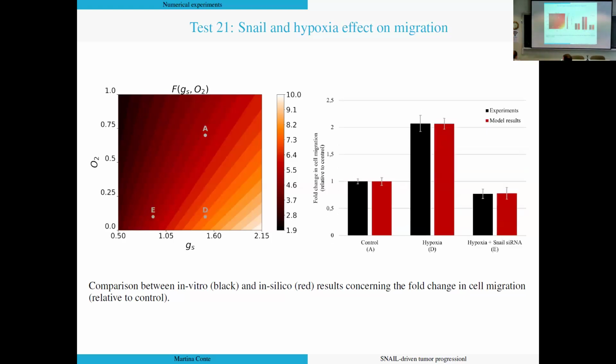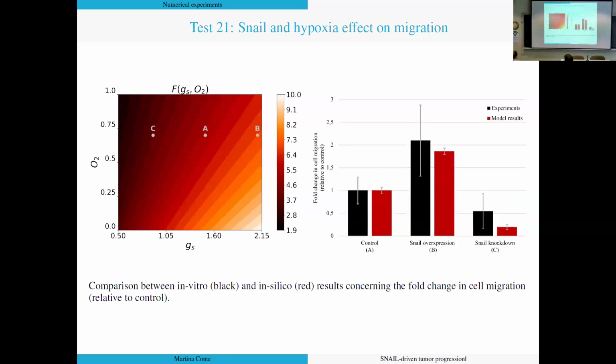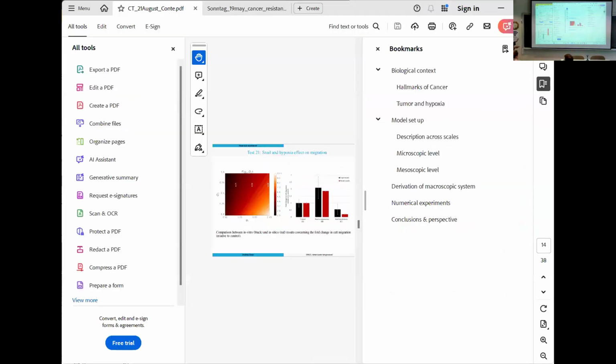A similar experiment was done for adenocarcinoma cells, but in this case, we again have a control, that is normoxia plus normal Snail condition. But then we have scenario D, which is hypoxia, just hypoxia, same Snail condition, and scenario E, that is hypoxia plus silencing of the gene. What happens? As you can see, again, black is the data, red is the model. So we have A as before. Now for D, we simply decrease oxygen, keeping the same level of the transcription rate. And instead for E, we take the same value that we had before in